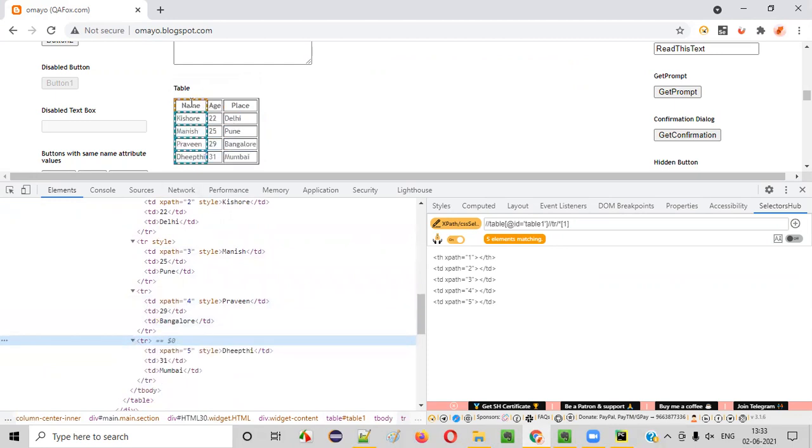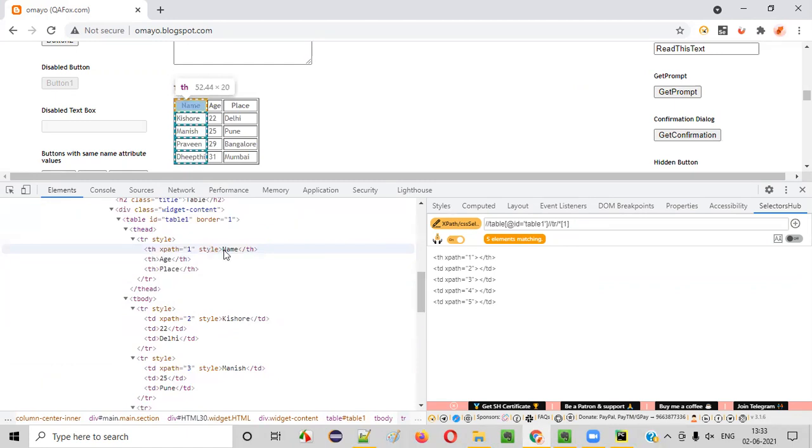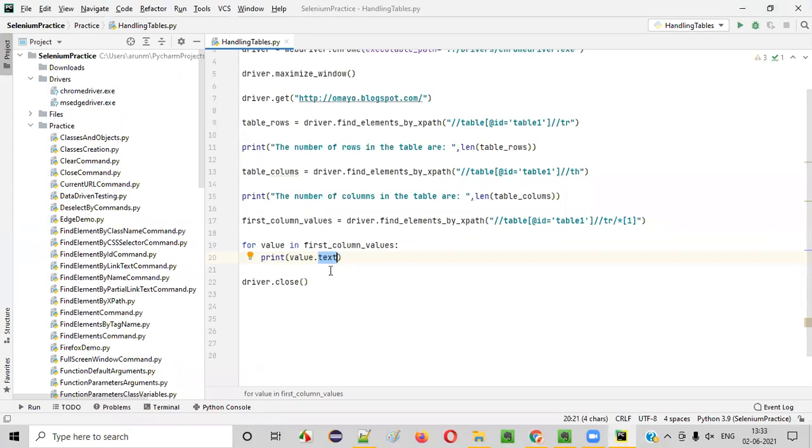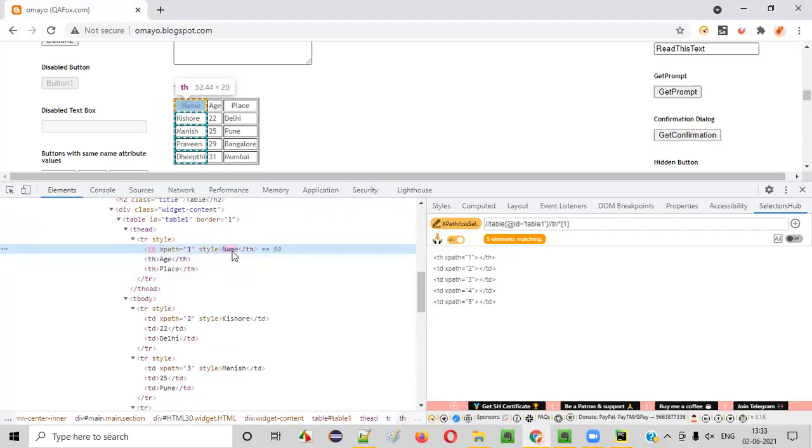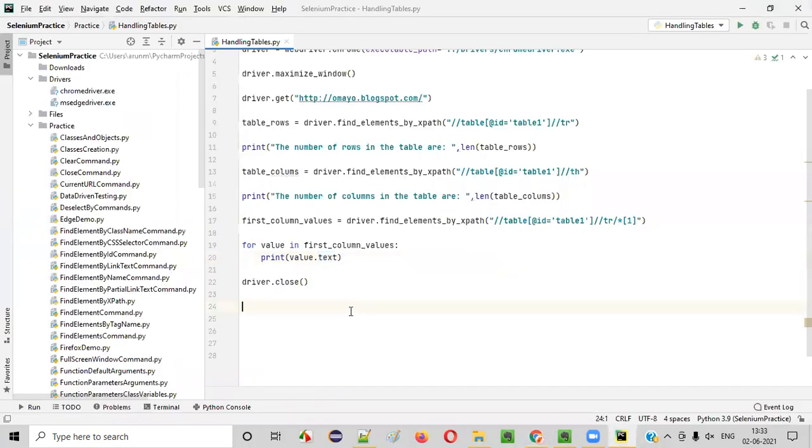But we have to print out the values that are there inside these elements. So inside this th tag, what is the value? Name. How to get this name out of this th tags? We have to use the command known as text. I already explained how to use a text command in one of the previous sessions. I'm using the text here to retrieve the value that is there between the tags of this th. This particular XPath is locating the entire th tag, td tags and all, but we want to retrieve only the values that are there between the tags. So that's why I have to use the text command here.